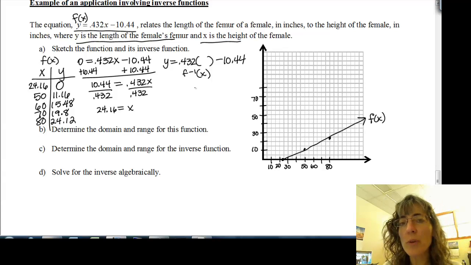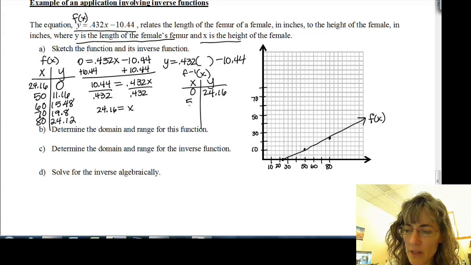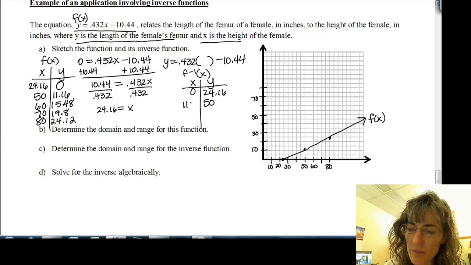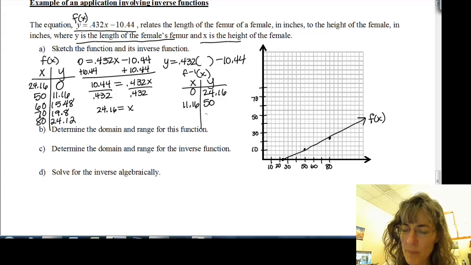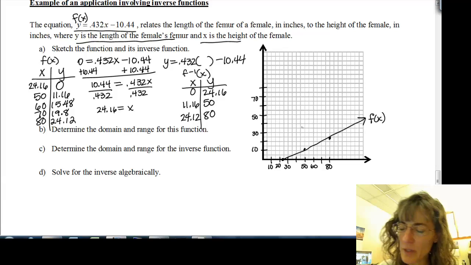So I'm looking at f inverse of x, and remember when you're graphing and you already have one xy table and I know that they're inverses because I'm told to graph the inverse, then I can just swap the values for the x's and the y's, which makes it pretty quick. So 0, 24.16, and I think I graphed at 50, so we'll write that one down. Sorry, wrong side. That would be 50 on the right, and then 11.16 because I'm swapping them. And then I also did 80, so put down the 80 and